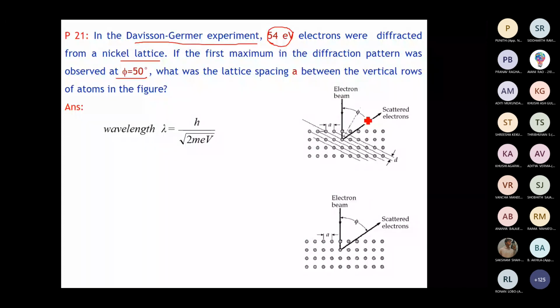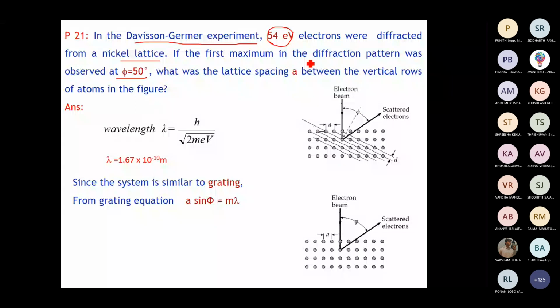Yes, 2D sine theta is equal to m lambda. But please note, I am not using theta here. I am using A sine phi, the grating equation. You can also use 2D sine theta, but when we say 2D sine theta, theta refers to the angle made by the incoming electron beam with respect to the plane. So we are not talking about the angle theta with respect to the plane. Phi is the angle with respect to the surface, for the scattered electrons. We are mentioning the surface, not the plane.